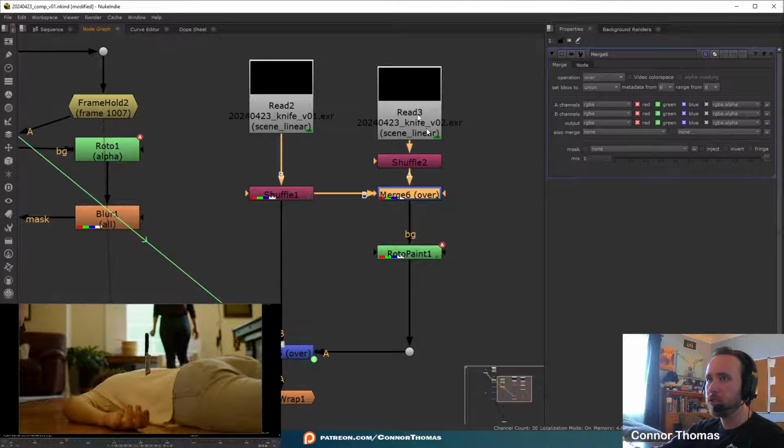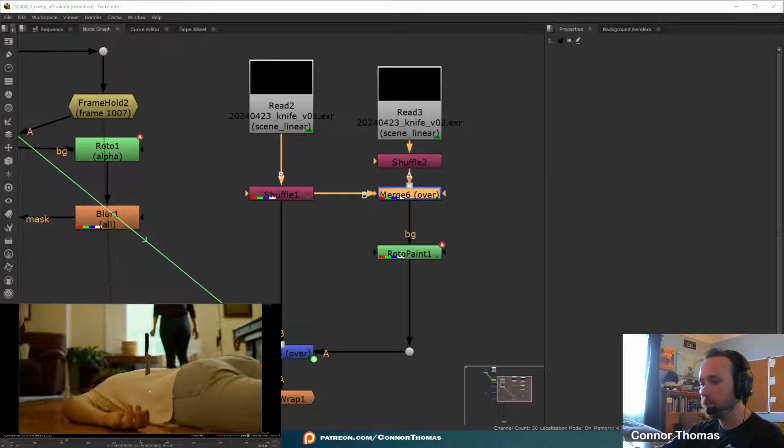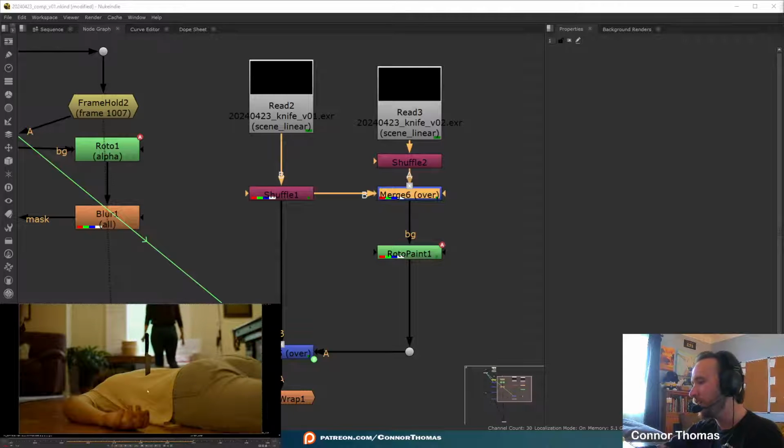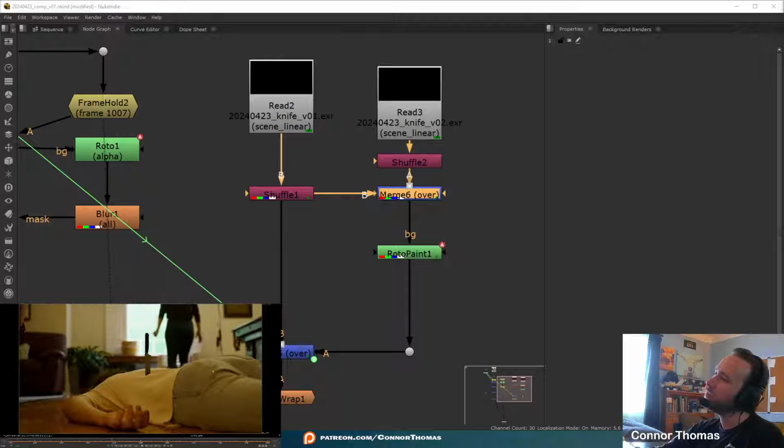If we just merge between the two of these before I do the roto paint and before the animation happens, I can actually control the amount of flicker directly that way, specifically on the blade. I'm just thinking that that part of the blade was too much. I mean, it's a bit campy, so if you're going for a campy VFX shot, then I think that helps a little bit. But for us, we're going to try to bring that down a little bit, and match kind of his buttocks area